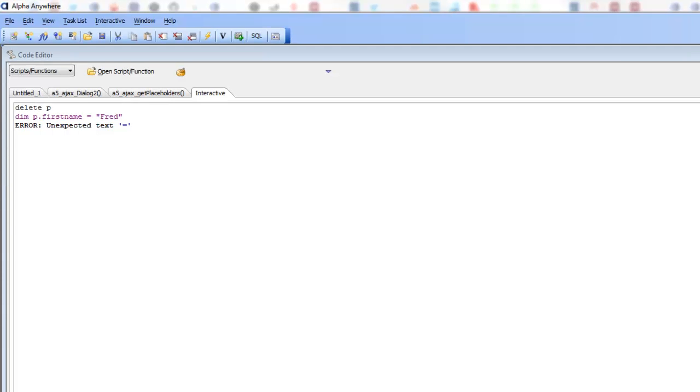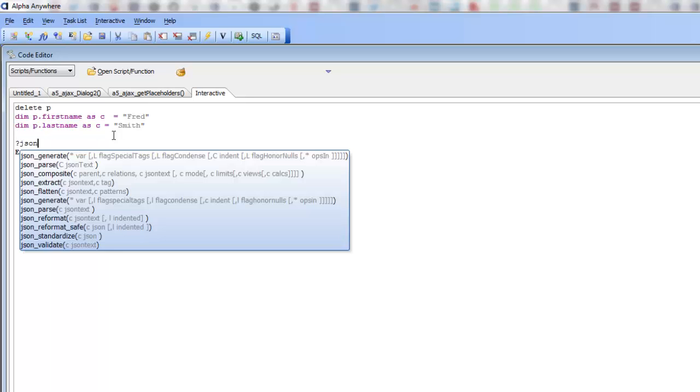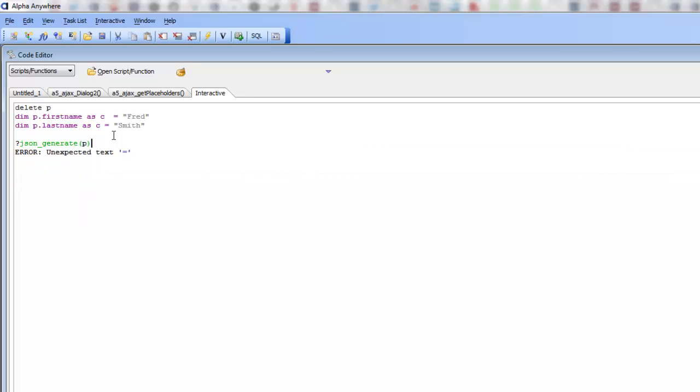So we're continuing now with our introduction to JSON for Alpha Anywhere programmers, and now we're just in the interactive window practicing how we can get the XBasic to generate the JSON that we need. And I can see here that I've forgotten the "as C" over there. So we've now dimmed first name, and I'm going to go here and say dim p.last_name as C equals, say, Smith, and then I can go here and say question mark JSON generate of P, and I'm going to get the JSON that we want to send back from the server